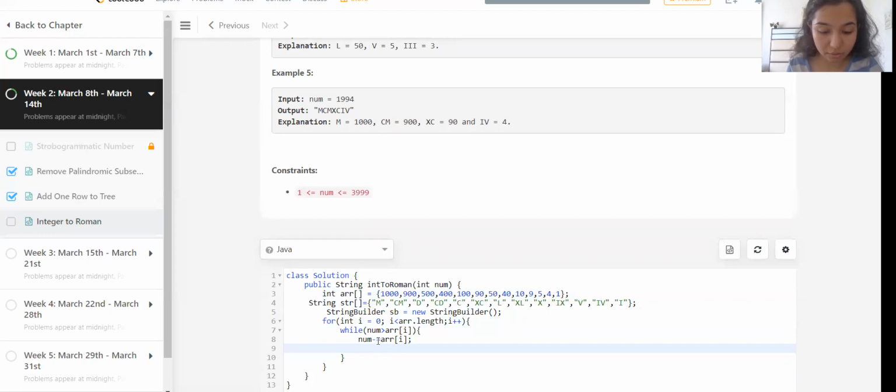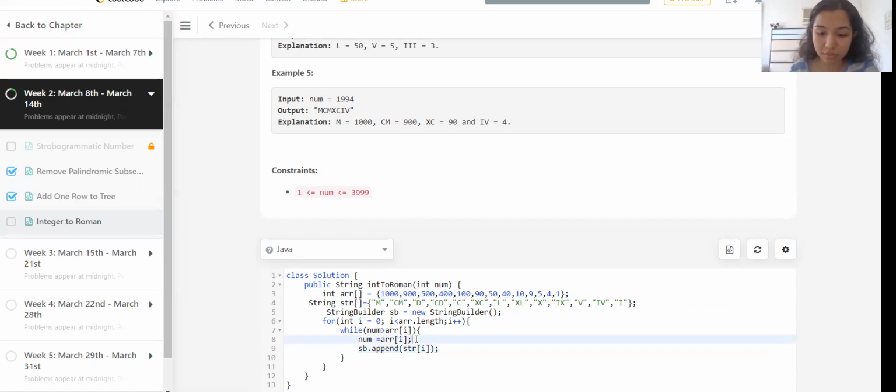Just a second, I'll explain it better. sb.append(str[i]). So after we append M in the case of 1994, we remove 1000 from the total sum as we need to move ahead and try to understand what comes after M in the answer.